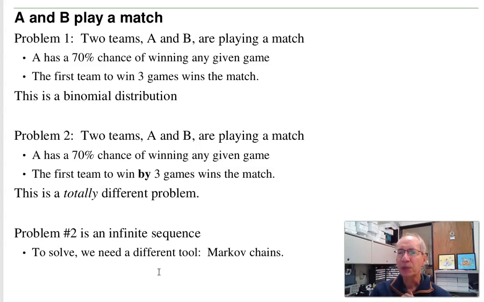A slightly different problem is the same thing. A and B are playing a match. Match consists of games. A's got a 70% chance of winning any given game, but instead of winning 3 games, A has to win by 3 games. So in the second case, if A wins, then B wins, A wins, then B wins, I'm back where I started. That's an infinite series. That's something we haven't looked at yet. That is a Markov chain. So Markov chains handle things like this. You have to win by 2,